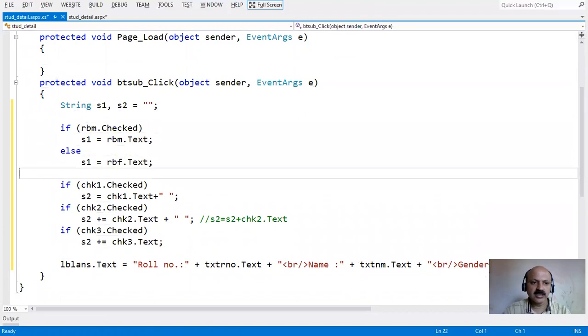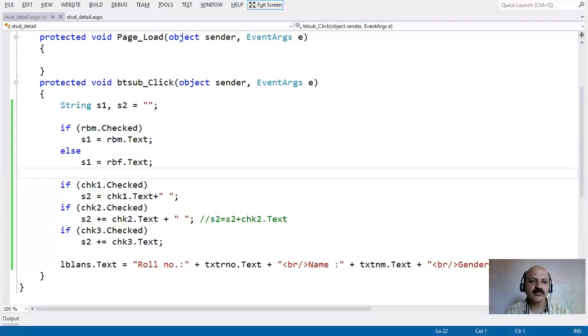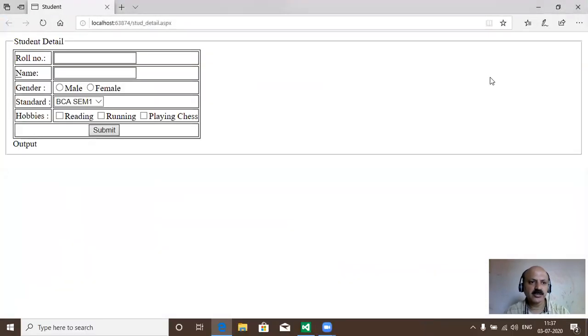In ASP the coding part is very easy. Let us check. First Control S for saving and F5 for running the web page. That is the shortcut key in ASP.NET. First we check that our group name works in the radio button.